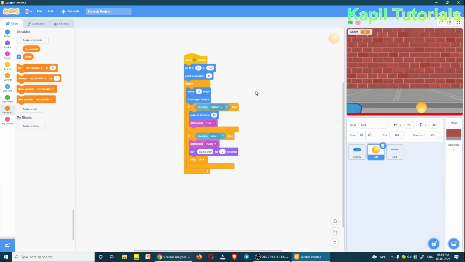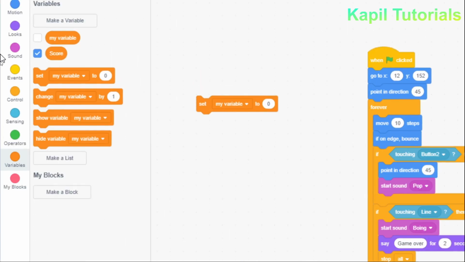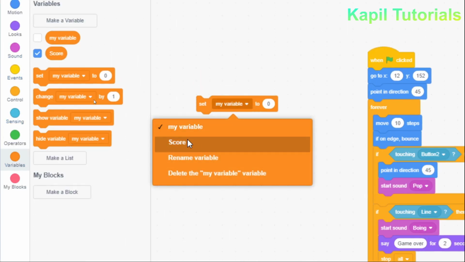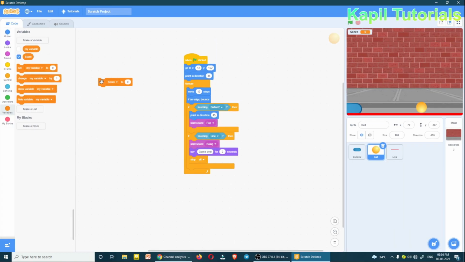Now this score, I'll take set variable, set score to 0, because always the variable should start from 0 only.